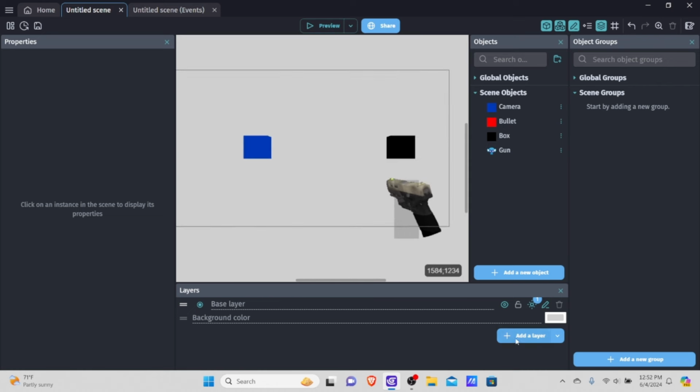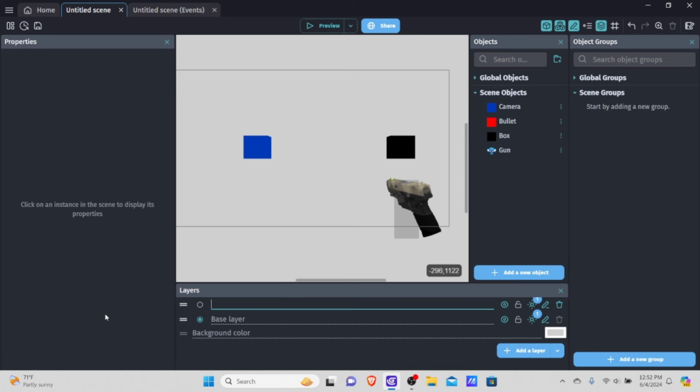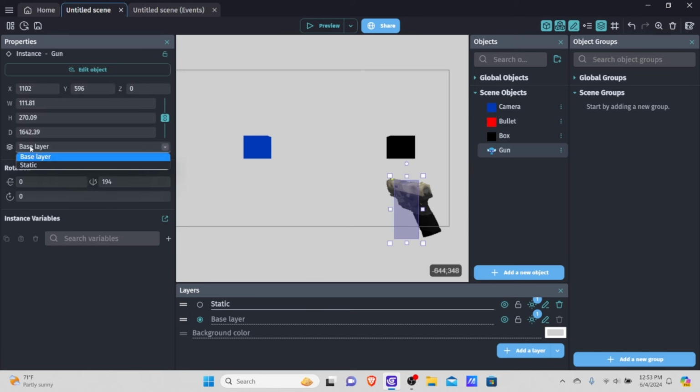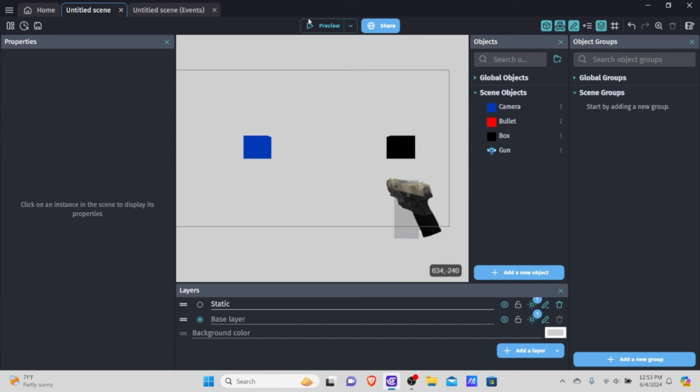So what we're going to do is add a layer. I'm not going to call it UI, I'm just going to call it static, because everything on this layer should not be moving at all. So now if I click into the gun object, and then I go into base layer, and then I click static, we shouldn't have this issue anymore because it won't be attached to that camera. So if I preview now,